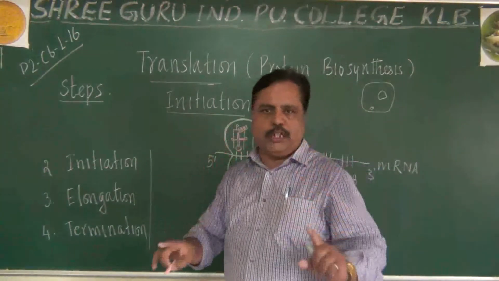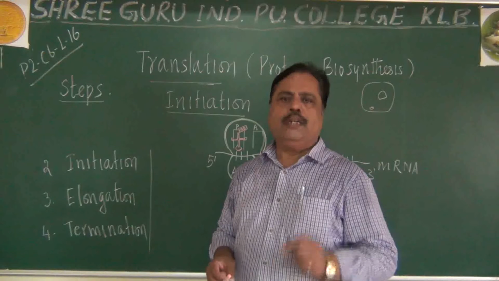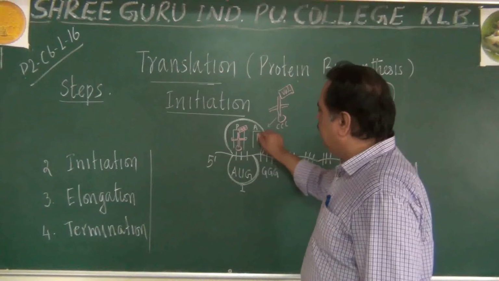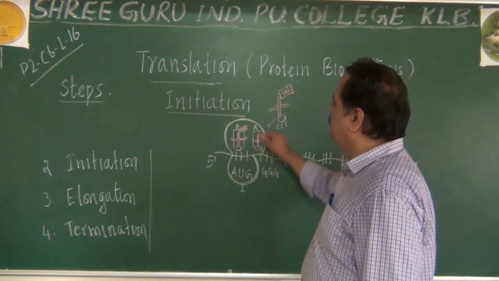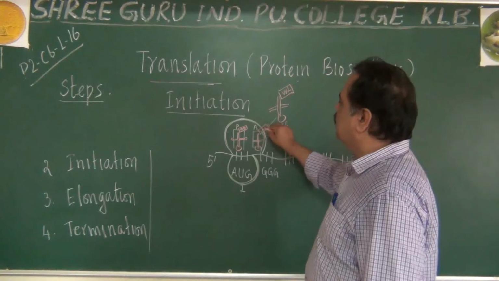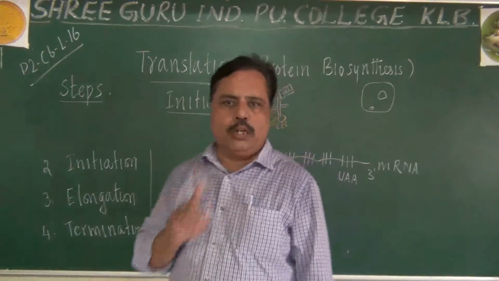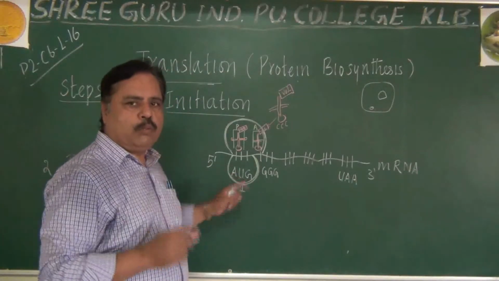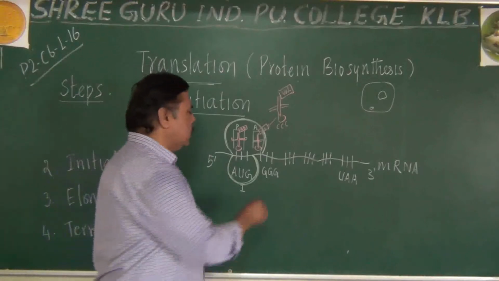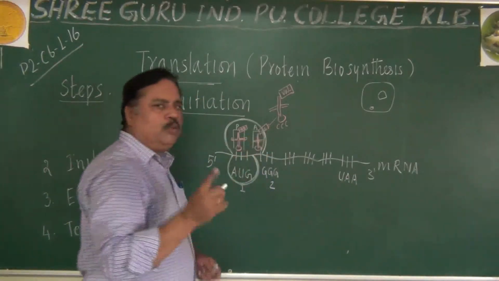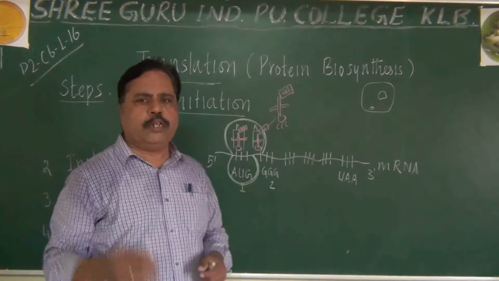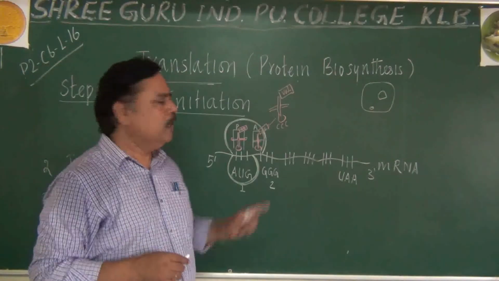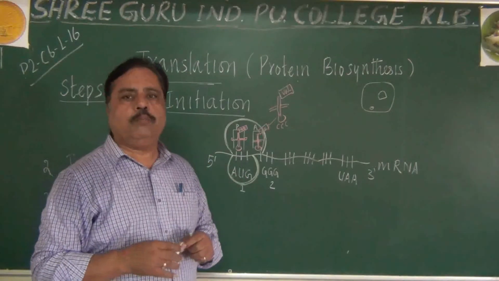I am not talking about the genetic code dictionary here. Imagine this CCC brings one amino acid. That will enter in the second position here. It will be carrying amino acid number 2, after amino acid number 1, that is methionine. Where will it bind? It will bind with the first codon, codon number 1. Codon number 2 will receive amino acid number 2. It may be valine, it may be whatever it is bringing according to the message given by mRNA. Do you get my point? This is called the initiation complex.